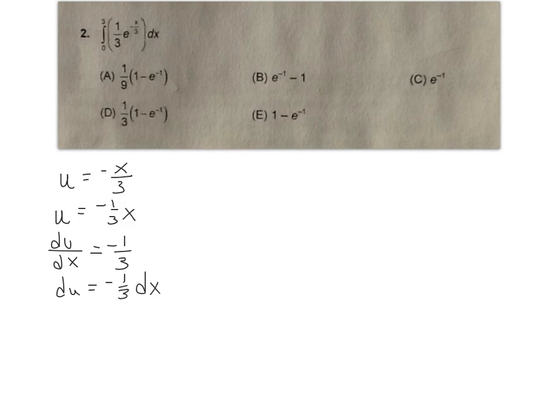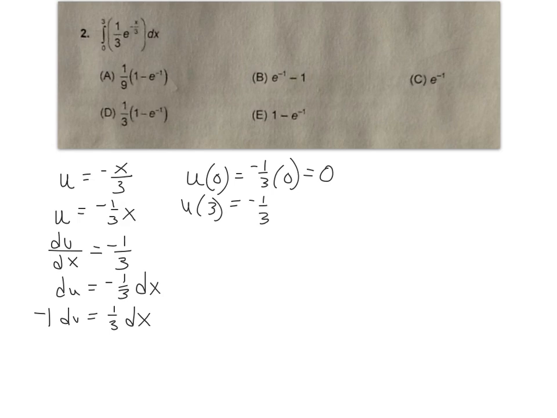I have a 1/3 in the problem already, but I do not have the negative. So we're going to multiply by negative 1 on both sides. Negative 1 du equals 1/3 dx. So now I'm going to do my u substitution. Oh wait, no, not yet, because it's a definite integral. I need to evaluate u of 0 and u of 3. So what I'm doing here is substituting my limits into my u to adjust the limits. So it's going to be negative 1/3 times 0, which is 0, and negative 1/3 times 3,